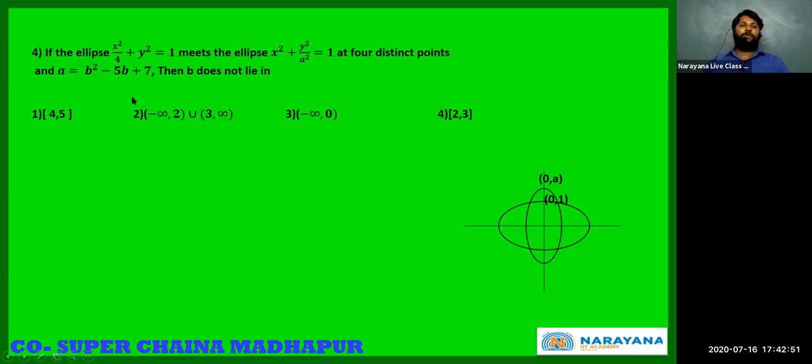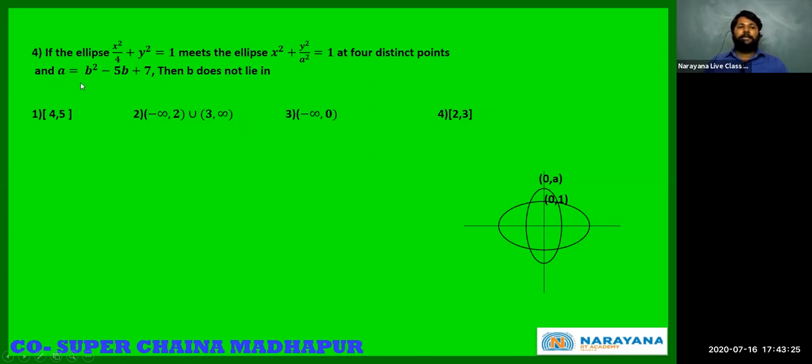All right. So we want these two ellipses to meet at 4 distinct points. In the diagram, we can see very clearly that for this ellipse, its major axis is 2, minor axis is 1. For this second ellipse, the axis along x-axis is 1. Therefore, the axis along y must be greater than 1. It has to be greater than 1 for it to cut the previous ellipse. Therefore, if this is 0, a and this is 0, 1, we can see that a must be greater than 1.